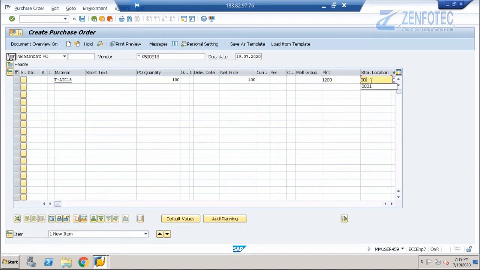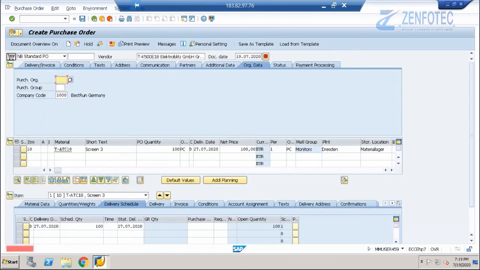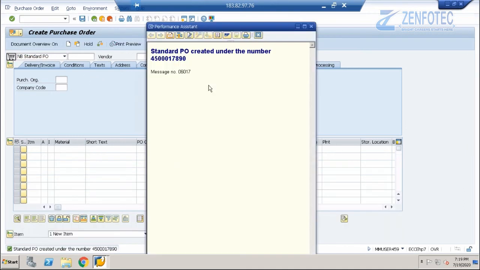Storage location is 0001. Okay, enter. Currency is, enter purchasing organization. We'll put the purchasing organization 004. Enter. So we will do a quick check. Okay, so it is good. So we'll save it and we will take it ahead.